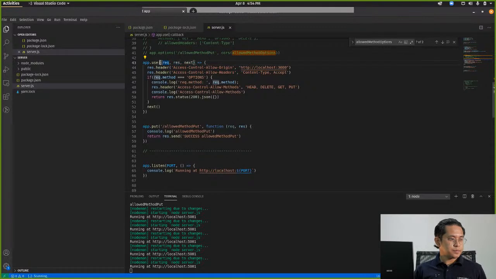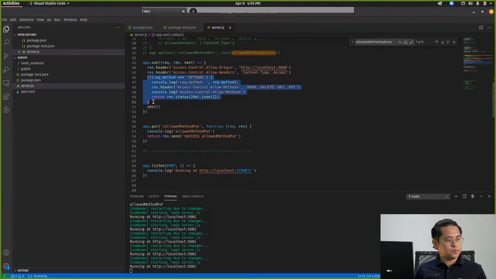Let's register a middleware where we allow Access-Control-Allow-Origin set to this URL, and then Access-Control-Allow-Headers, this one. Let's allow these headers, and then